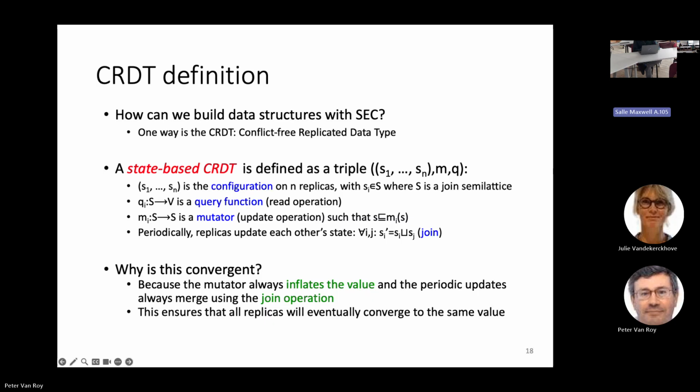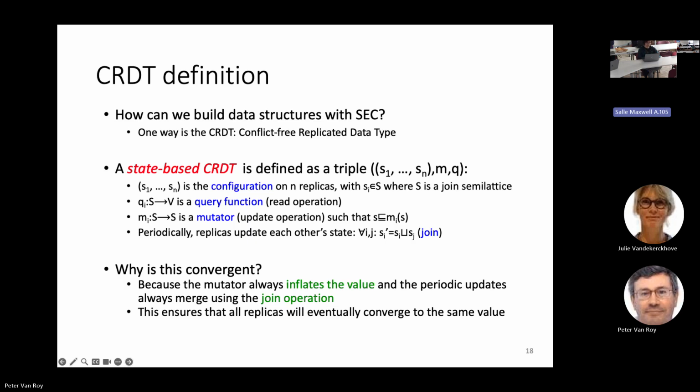So we want to build data structures with strong eventual consistency. Here's one way. This is called a state-based CRDT. There's another way called operation-based CRDT, but I will just show you one. This is one of the most common ways. So a CRDT is a triple. You have n state values, because the replicas exist on n nodes, and each of these values is actually an element of a join semilattice, which I will explain in a minute. You have a query function where you can read the value of a replica, and a mutate, an update function,